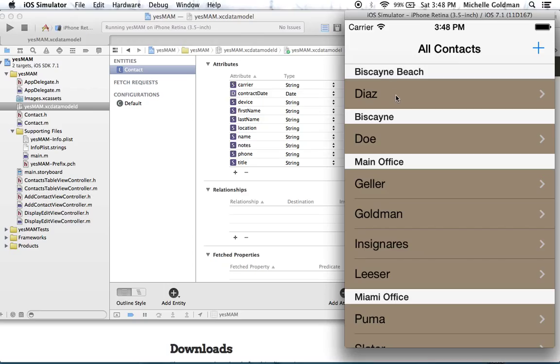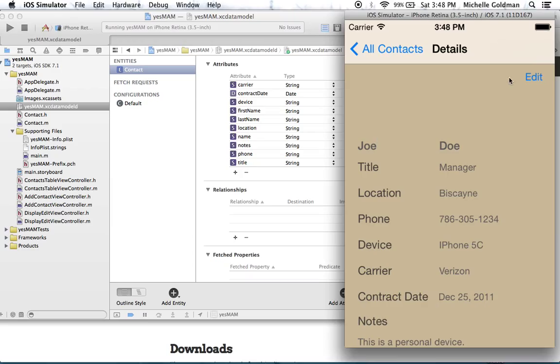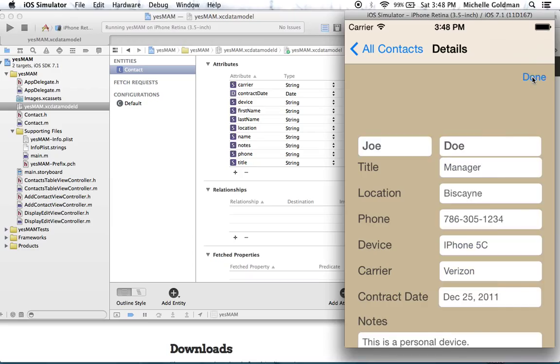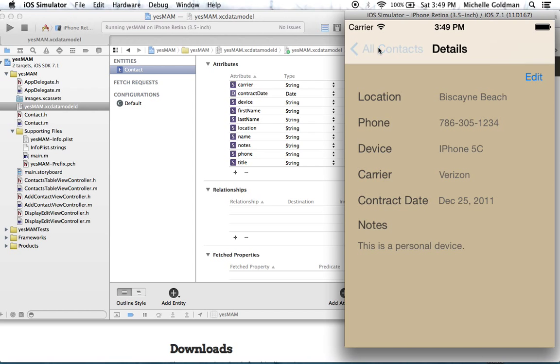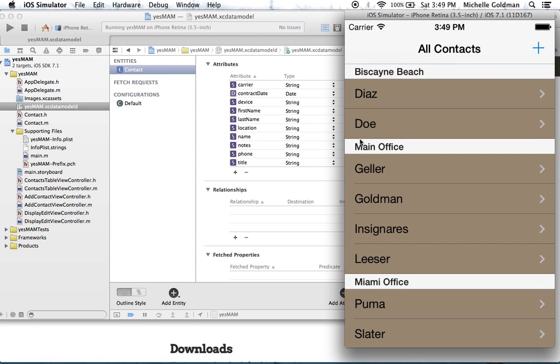When I add in the other entities with the classes where you can just select, that will prevent this confusion from happening because it really is the same location. So if we go to edit, I've got my edit button here. Before that, the information is just in a view where you can see it and you can't actually edit it. So we can make this one also Biscayne Beach and say done. Okay, so that's saved. So if we come back here, now it's taking him and putting him under the section, which is by location,